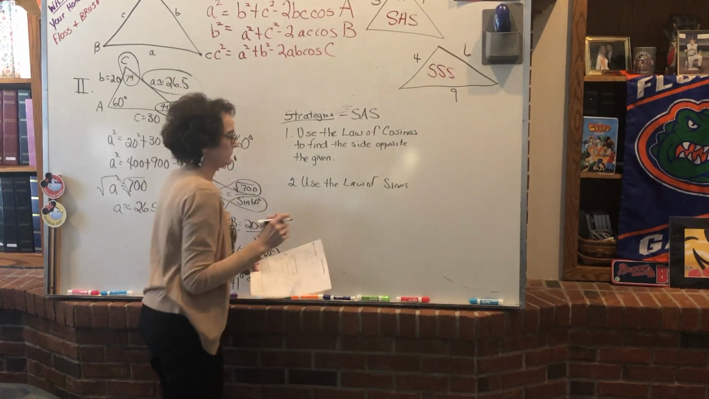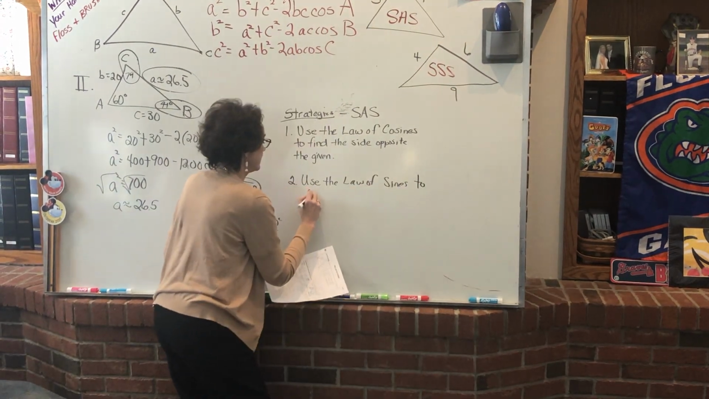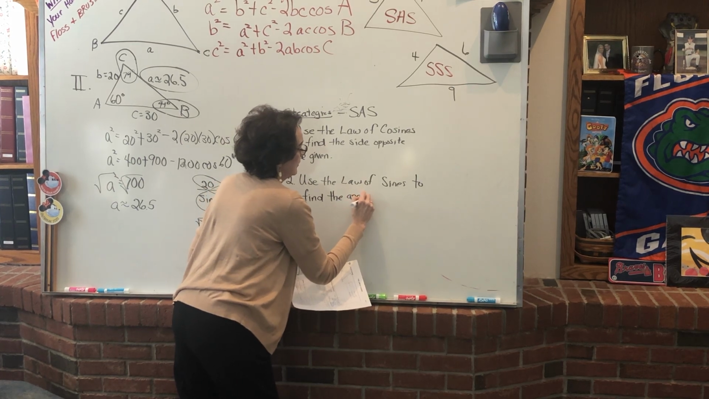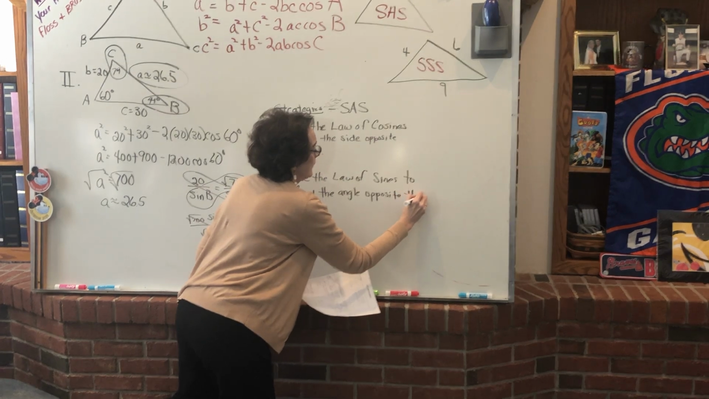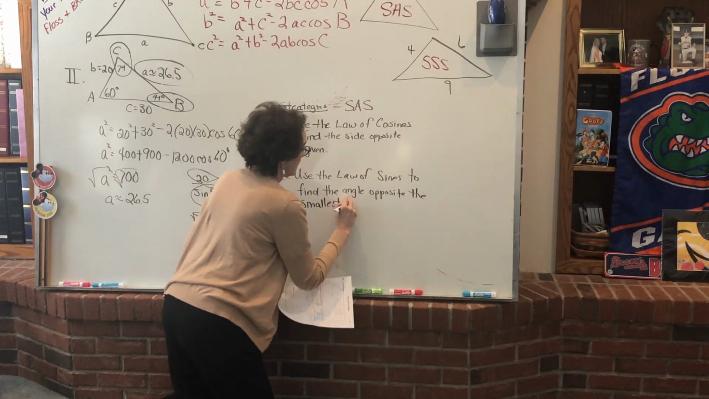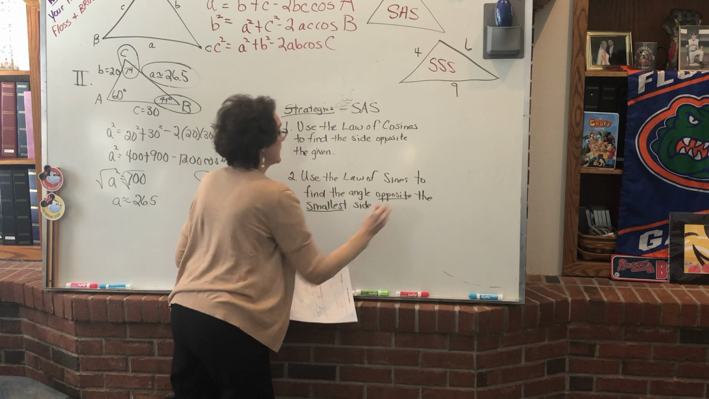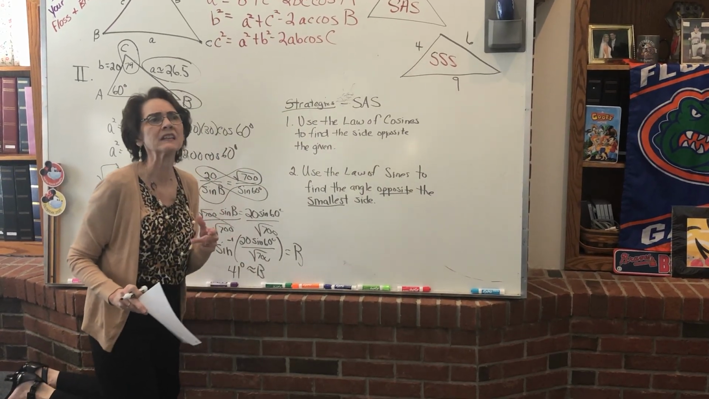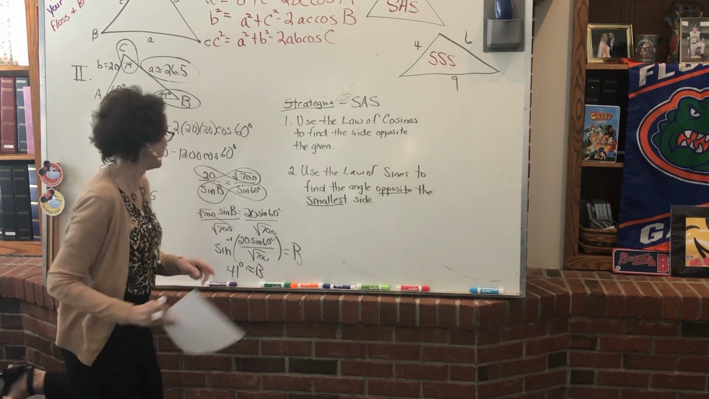Now, why? Use the law of sines to find the angle opposite the smallest side. That's very important. So why do you think, I want you to think about it for a second, why do you think it matters? Okay, we have to remember something about